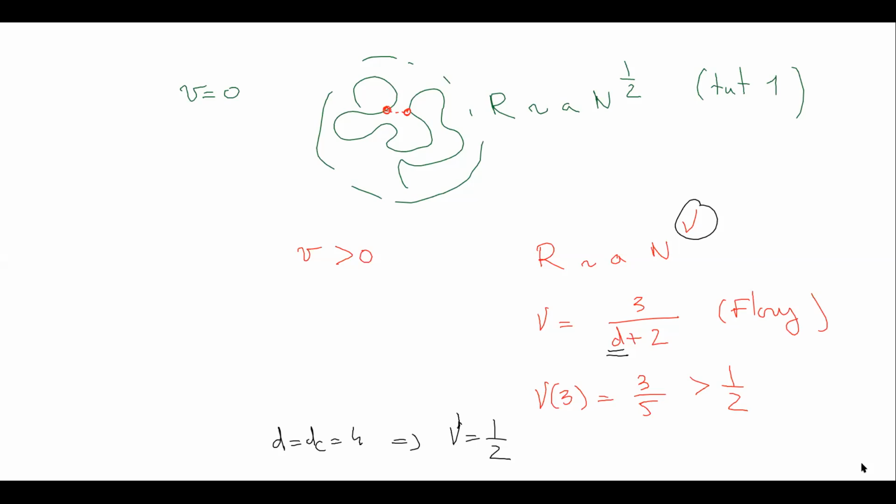Now let's talk about the energy. It's the same idea. In the ideal case you don't have energy in the problem, so your chain is allowed to really cross itself, and you don't have interactions between the monomers. Now, if you bring in interaction energy between these monomers, the monomers will start to repel each other and go further away. So on a typical average configuration, the monomers are more separated than what they would be in the ideal case. The interaction energy we are putting here, the excluded volume parameter,